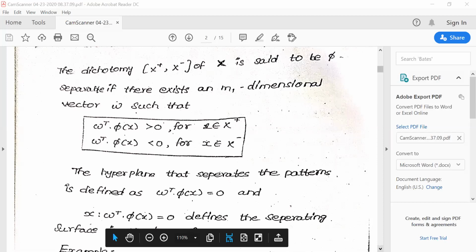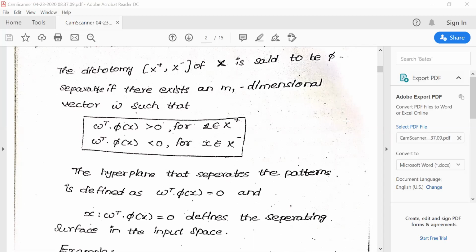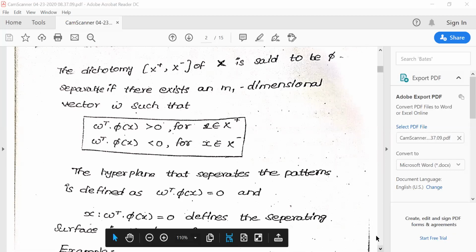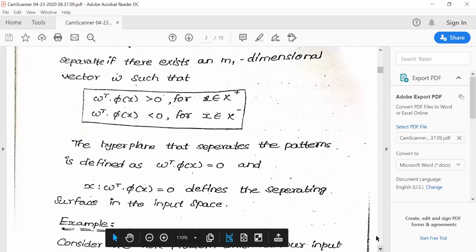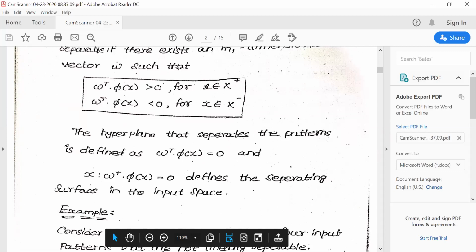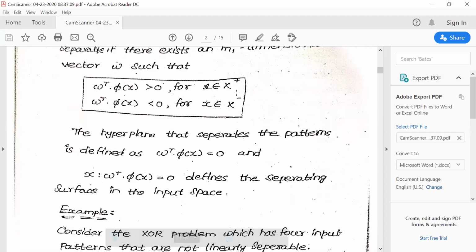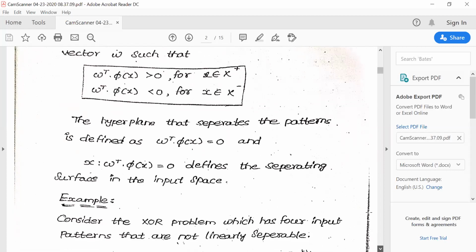But you need to understand what Cover's theorem is as of now. It is just a statement which is saying that there is a binary classification problem, and the hyperplane that has a solution for that binary classification problem will have these equations. Greater than 0 will represent the positive class, less than 0 will represent the negative class, and equal to 0 will represent the surface which divides those two classes.